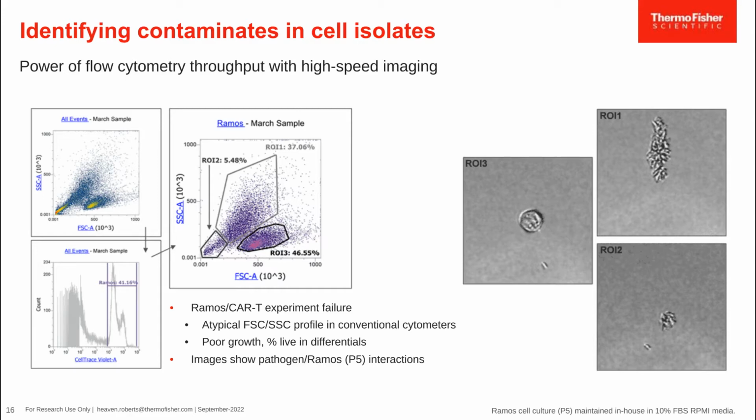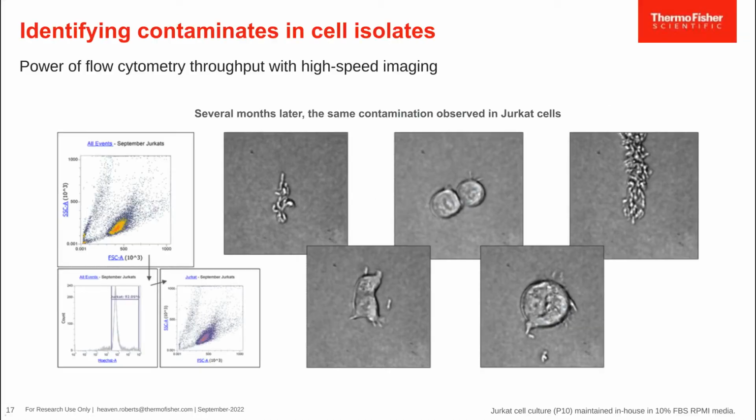But of course, now we're on the alert. So we bleach everything, we toss the cultures, and we think all is well. And unfortunately, several months later, we see the same contaminant, and this time in Jurkat cells. So a different cell line, these two cell lines are never interacting with each other, but they do share the